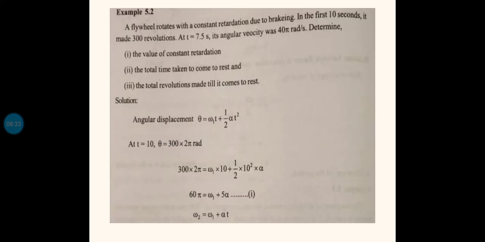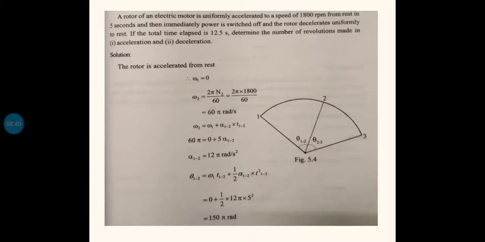The initial angular velocity we got as 100 pi radian per second. So omega 0 square is (100 pi) square, and 2 into alpha is minus 8 pi, into theta. So you will get the total angular displacement theta equal to 1962.5 radian. But actually we want revolutions, not theta. In the question we want to find the total revolutions made till it comes to rest. The answer we got is actually the total angular displacement, so we have to convert it into revolutions.